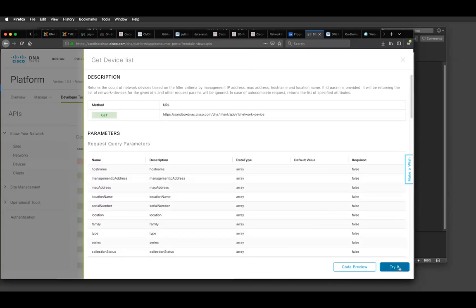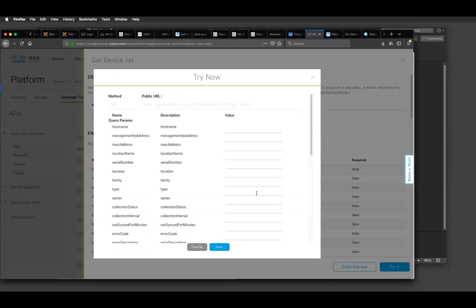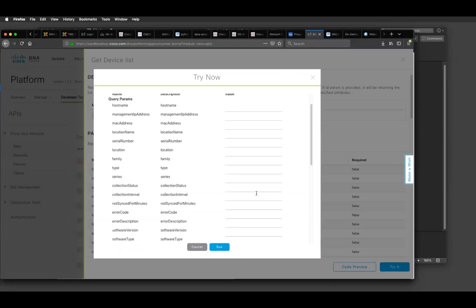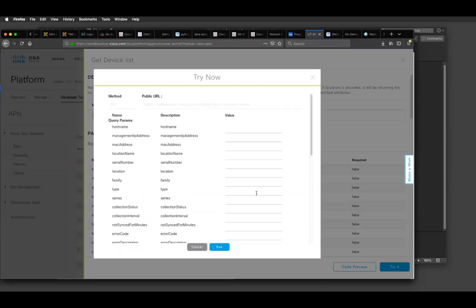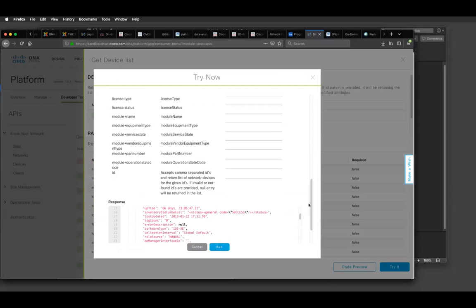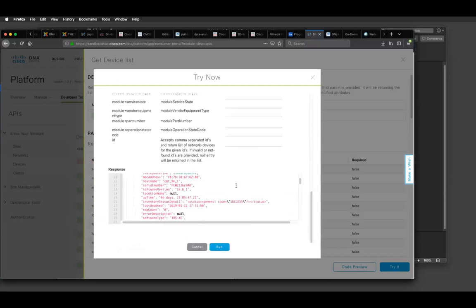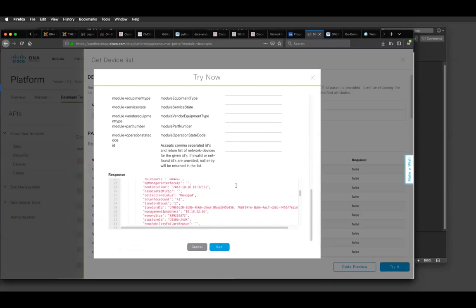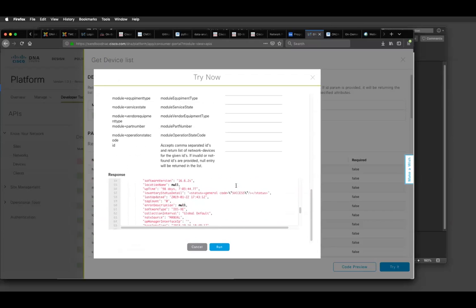And within this documentation, and this also applies if you're looking at the APIC-EM controller, you can go and try it out. You can put in parameters if you want to. If you don't, that's fine, these aren't required parameters. If you run it, you'll see here, it's kind of squished at the bottom, you're going to see the same two devices that I pulled up and requested and got the response for in Postman.